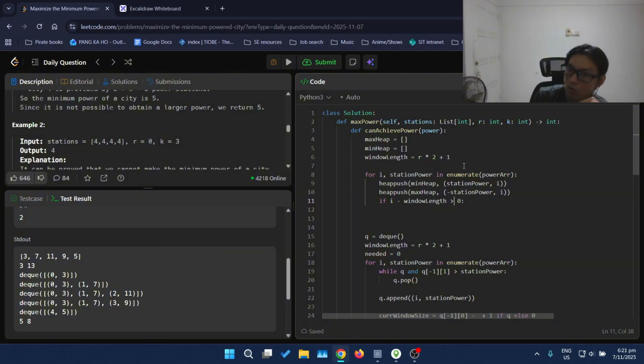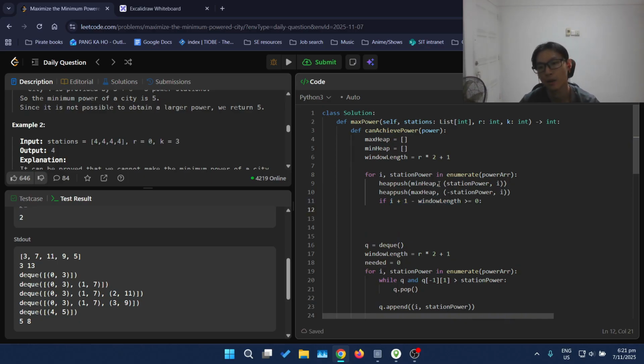Just I plus 1. Okay. So at index 2, plus 1 minus 3 is the window length, that means we have a valid window. So it needed